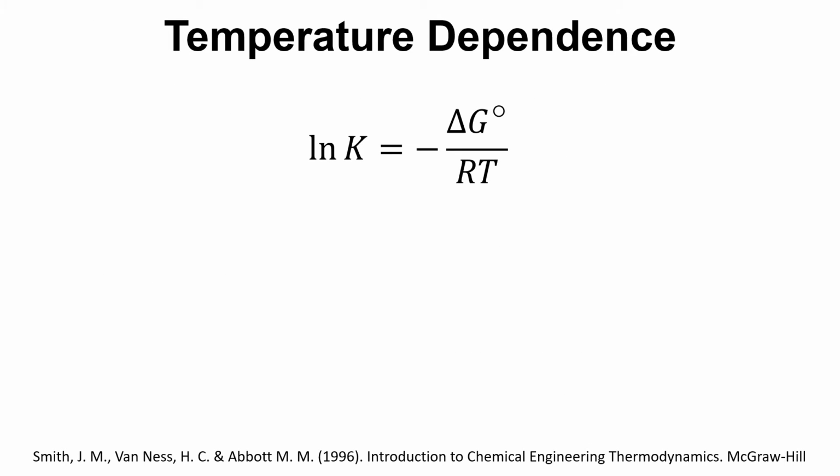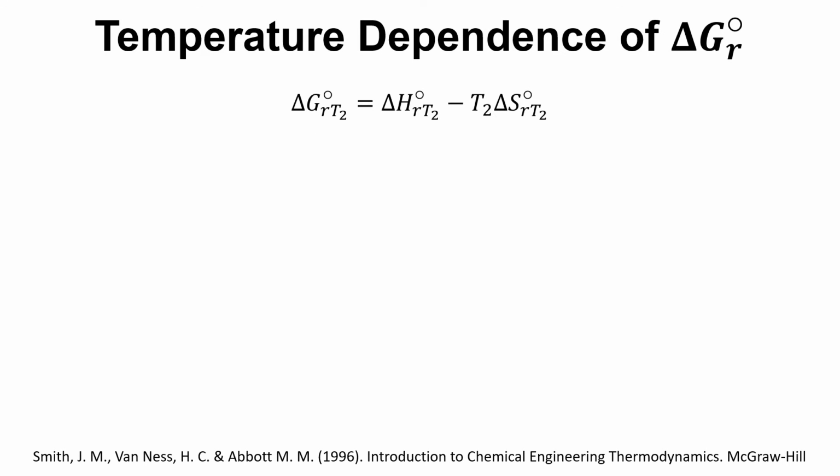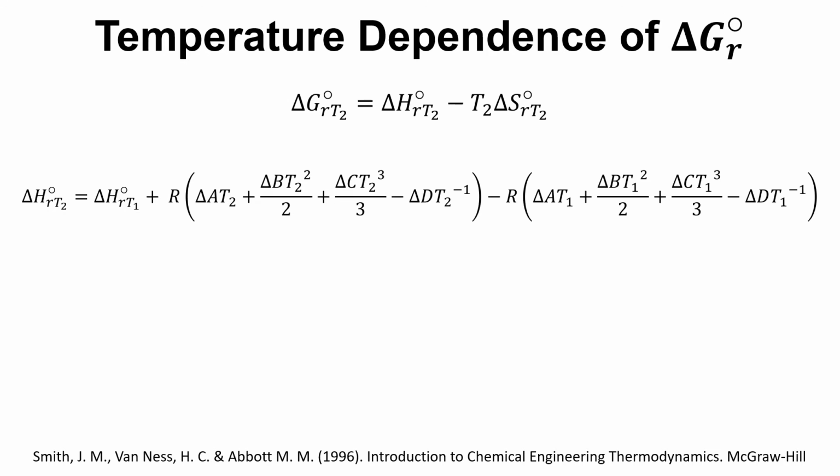In terms of temperature dependence, we have log K equals minus delta G over RT. So we can put this into the form of thinking about the delta G of reaction at T2, that's the temperature that we're interested in, and we can find out something about the temperature dependence of delta G of reaction if we know something about the entropy change of that reaction and the enthalpy change. Now we have equations for their temperature dependence from previous videos,